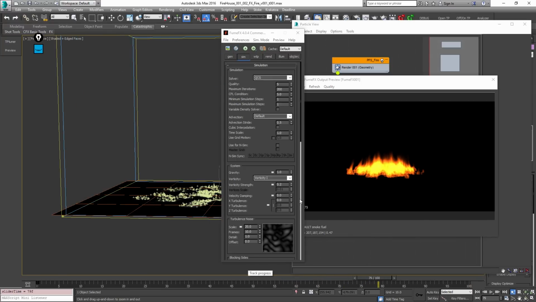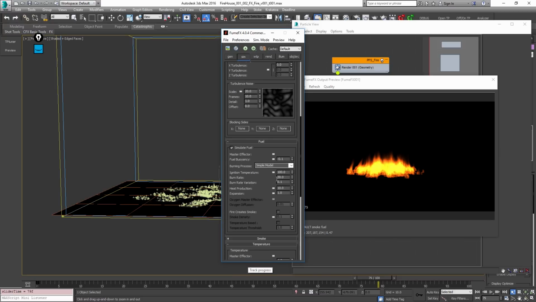I want the flames to live longer. So to do that, I'm going to come down and change my burn rate. I'm going to bring this down really low. Let's say like 5 or 6. Let's say 6. Okay. Now, one thing I want to point out is that the way the burn rate works is, the lower the value, burn rate BR, the less fuel is going to be burned,